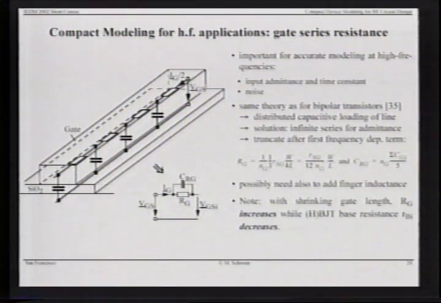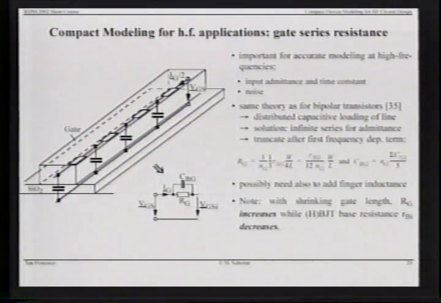This is a distributed RC line, and this problem can be solved analytically in closed form. It gives an infinite series, and that was actually done in the 50s for a similar, basically for a bipolar transistor, but you can apply those things right away to MOS transistors. It was reinvented, I think, a couple of years ago,